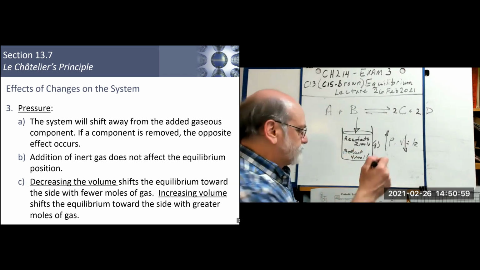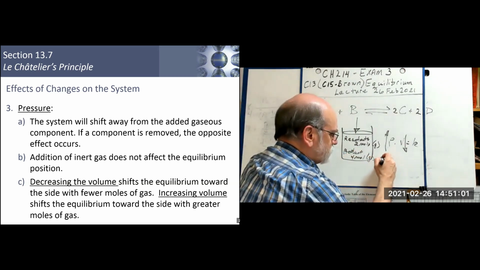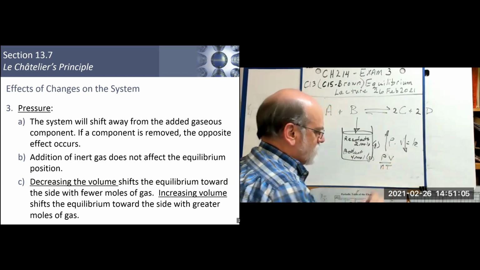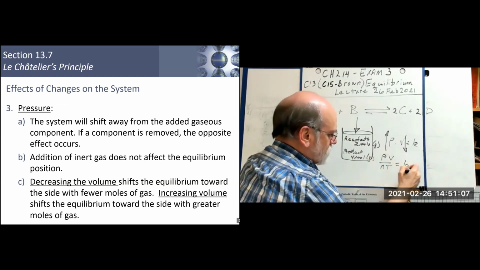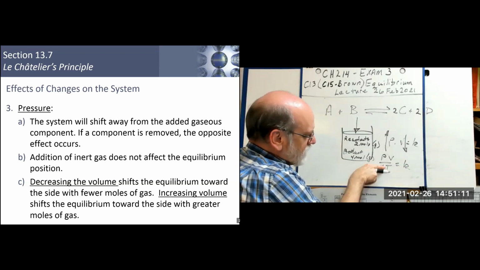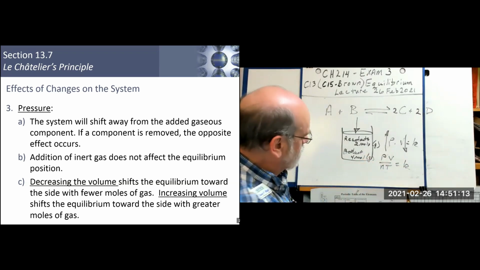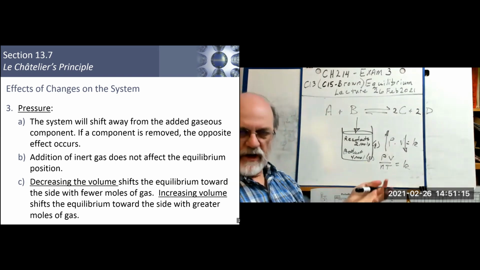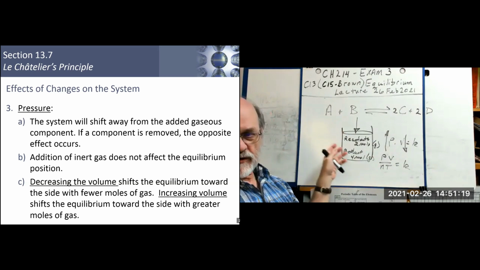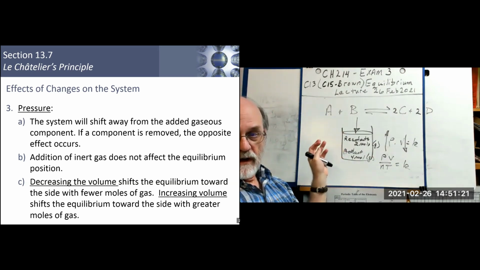And based on this one, then by decreasing this amount, you alleviate the pressure. So the short version is, if you increase the pressure, the system is going to respond to produce less